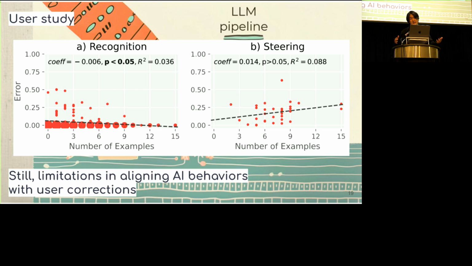So I think it points to interesting future work: there might be more technical improvement regarding this kind of interactive machine learning when we're using a large language model. Simply putting the corrections into the large language model prompt didn't work in our case specifically. So there might be more work that needs to be done in that context.